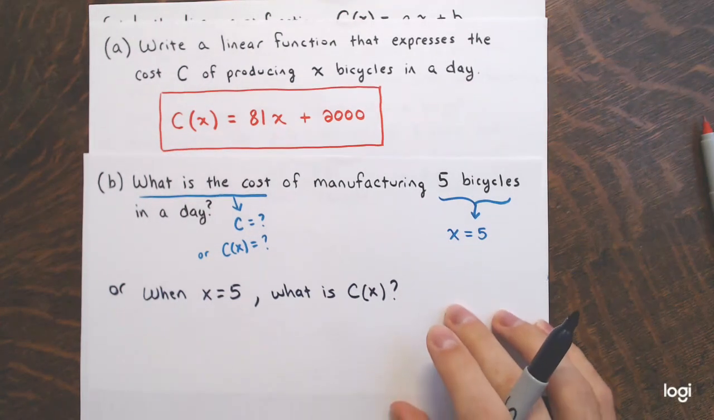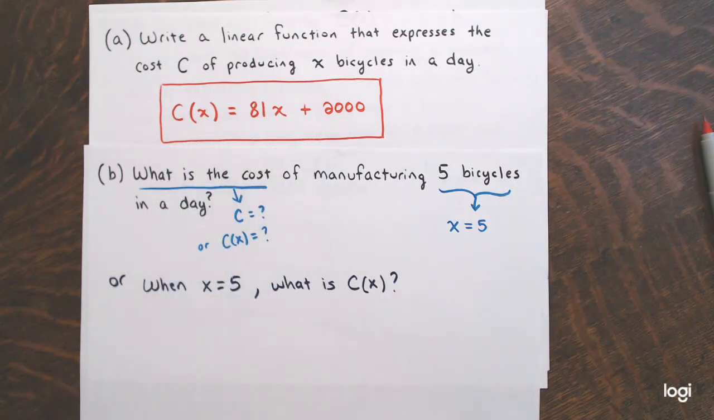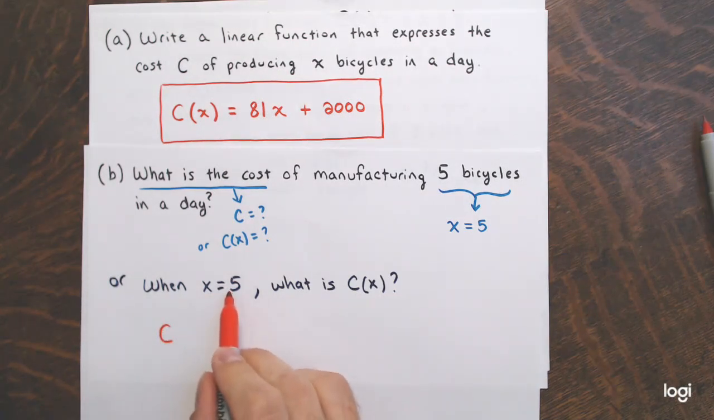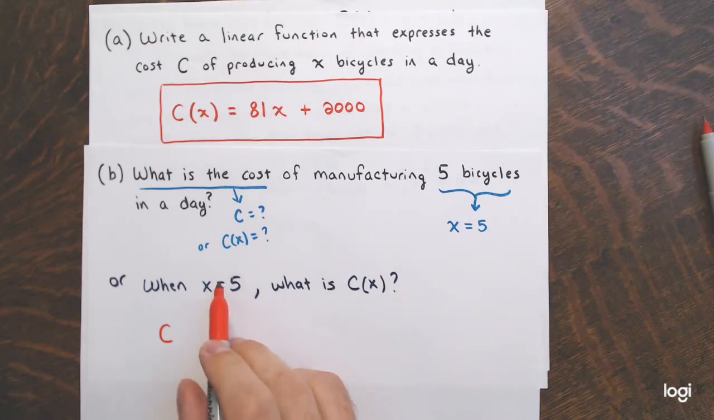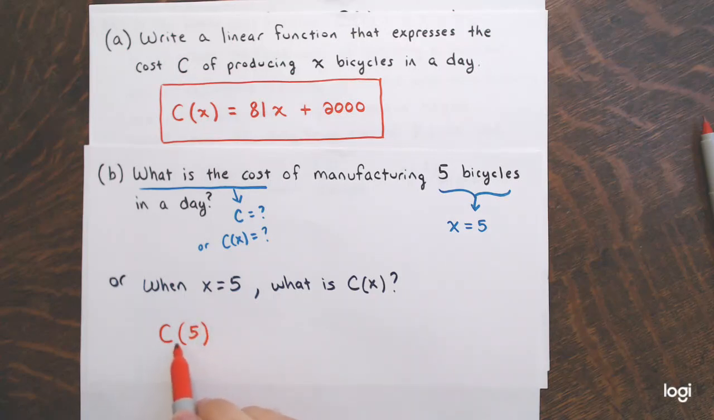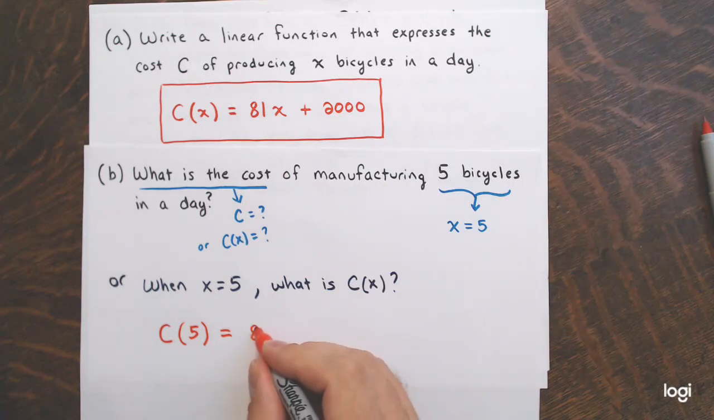All right. So really all we're doing here is taking our linear model, our linear function describing this situation, and finding the cost, replacing X with 5. My input is 5 bicycles produced, and we see what the cost of producing 5 bicycles a day is. That's what this means. The value of C at 5, or the cost of producing 5 bicycles a day, is, and then again replacing X with 5 here, $81,